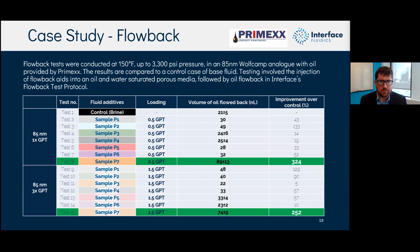And we're looking for a high-performing product that produces the highest volume of oil flowed back. That's your primary performance indicator here. Primex was previously completing their wells with the chemistry sample P4 at the conditions outlined in test 12. So they're injecting at 1.5 gallons per thousand. And you can see in that case, that was far from the highest performing product in this test matrix. After we ran a number of these experiments over a few weeks,